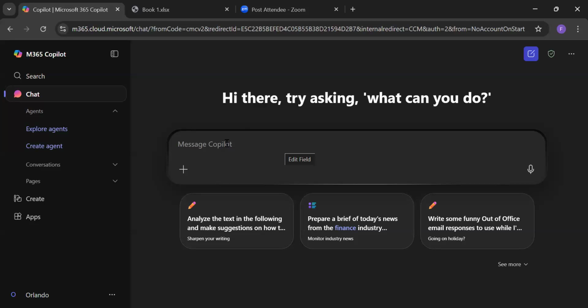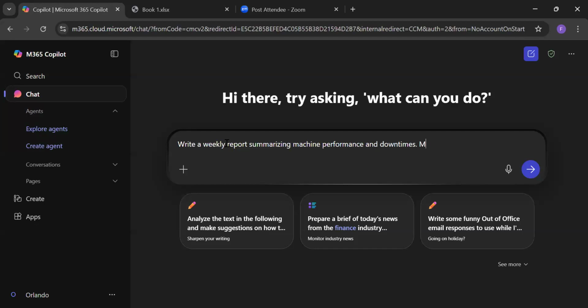So like I said, you want to create a weekly production report in your organization. You can just prompt it to write a weekly report summarizing machine performance and downtimes.